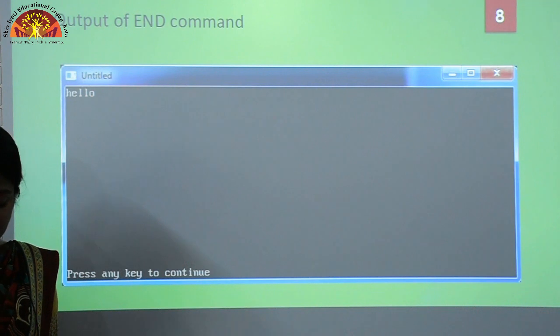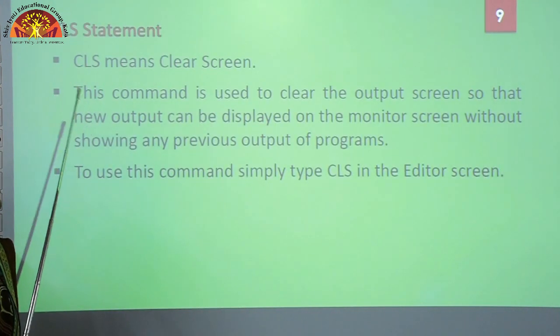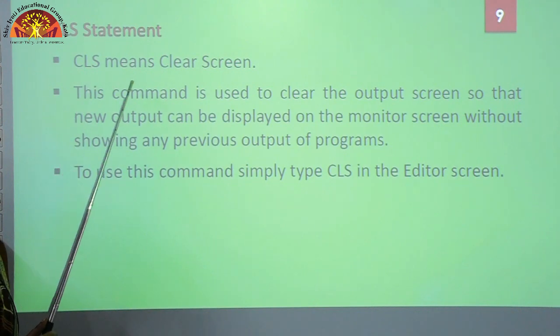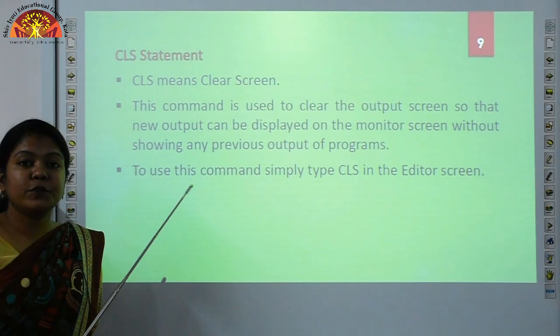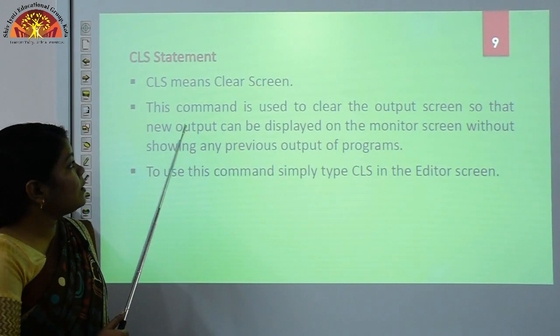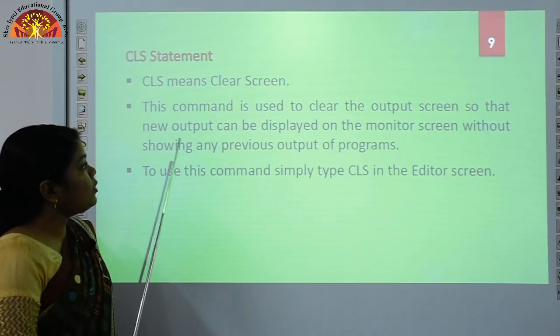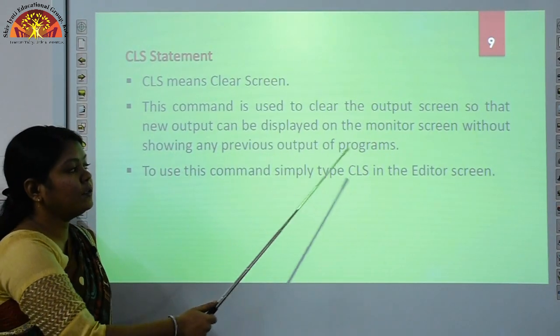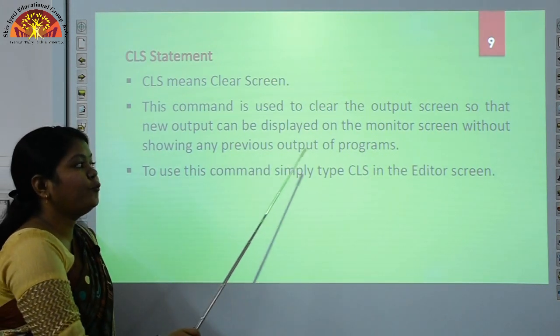Okay. Now the next statement is the CLS statement. Students, CLS means clear screen. So whenever you want to clear your screen, you have to type the CLS command in the program. This command is used to clear the output screen so that new output can be displayed on the monitor screen without showing any previous output of programs.